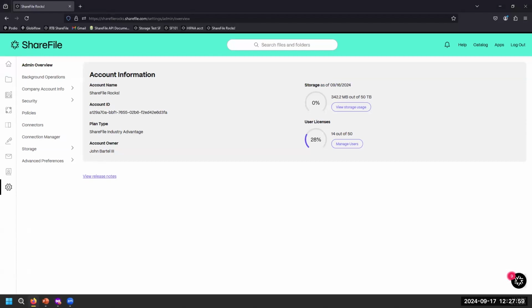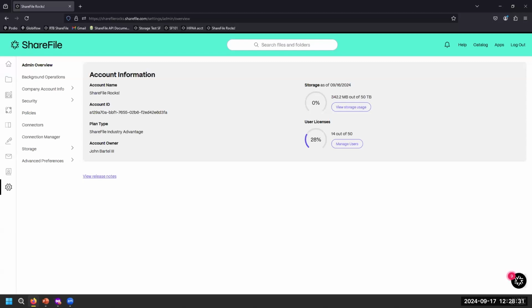Obviously, file retention, folder retention, that's a big topic that gets discussed quite often with admins. There is a lot of different strategy and different use cases that you guys are using the product for anyhow. So, looking at ways to monitor the usage of ShareFile, there have been some ways in the past through reporting, just giving some of that metadata, that data around the activity that ShareFile is collecting. So we'll look into some of the reporting capabilities, but also some of the new features that we have around